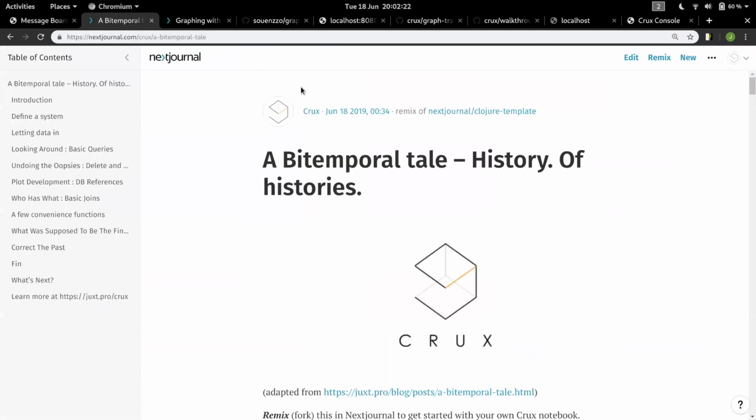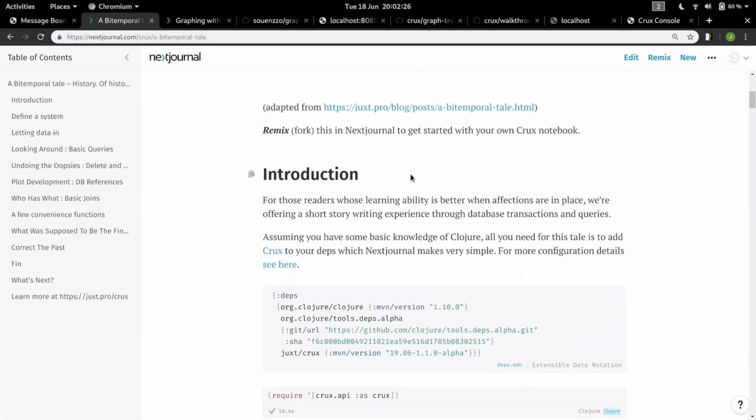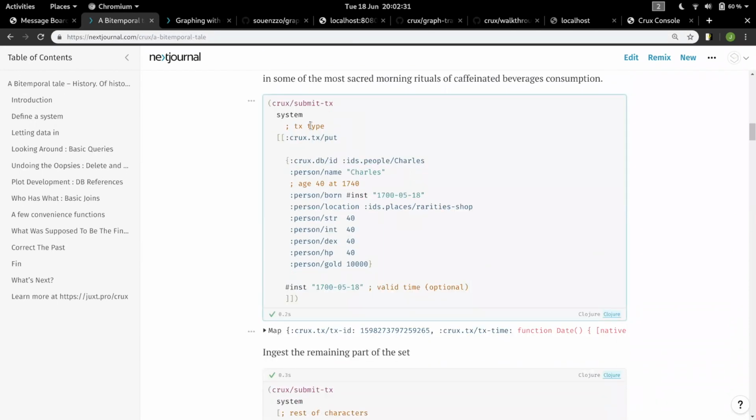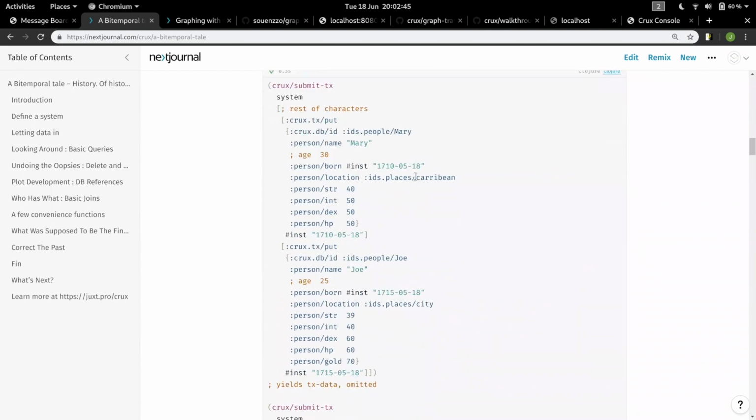So one was this bitemporal tale, which is quite a nice little short story, walking through some similar setup. And here we're submitting information about some kind of Dungeons and Dragons character or something. But no, it's a guy who's in 1740. He has some possessions, he lives in some place, and we're adding information to the story.